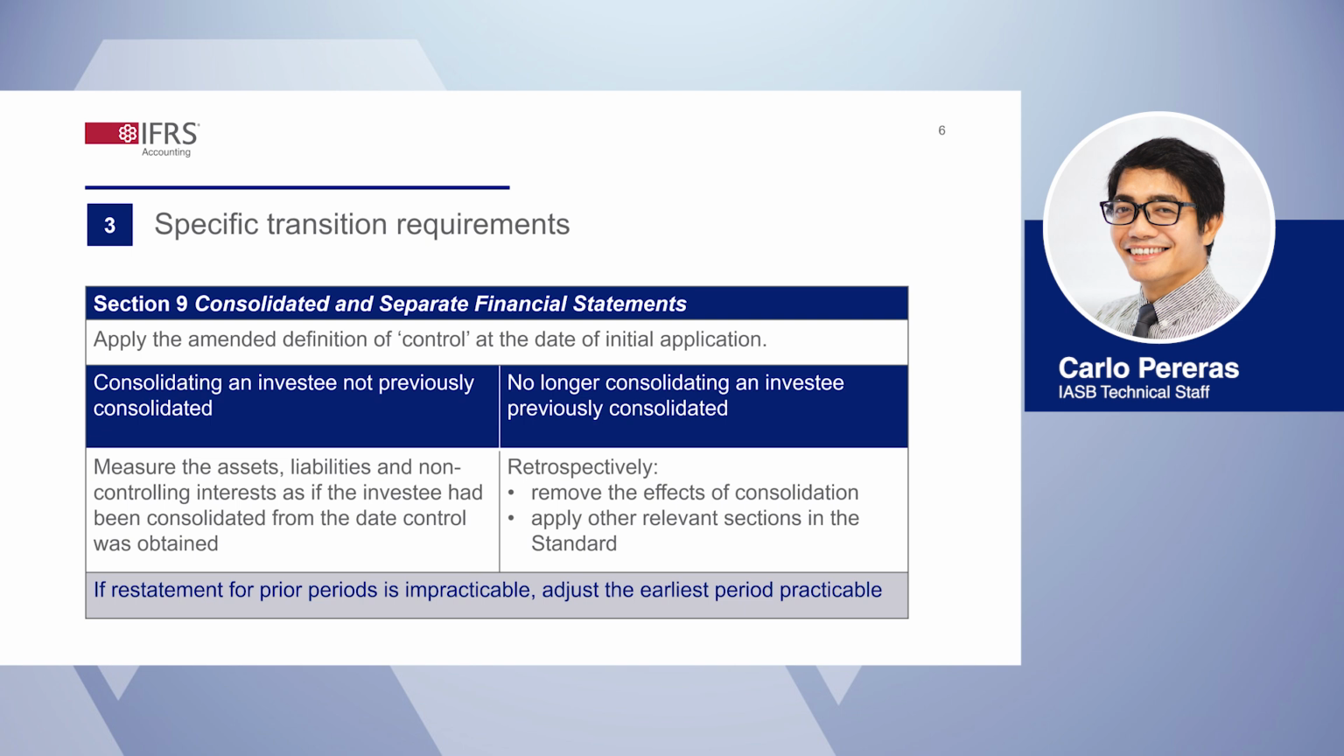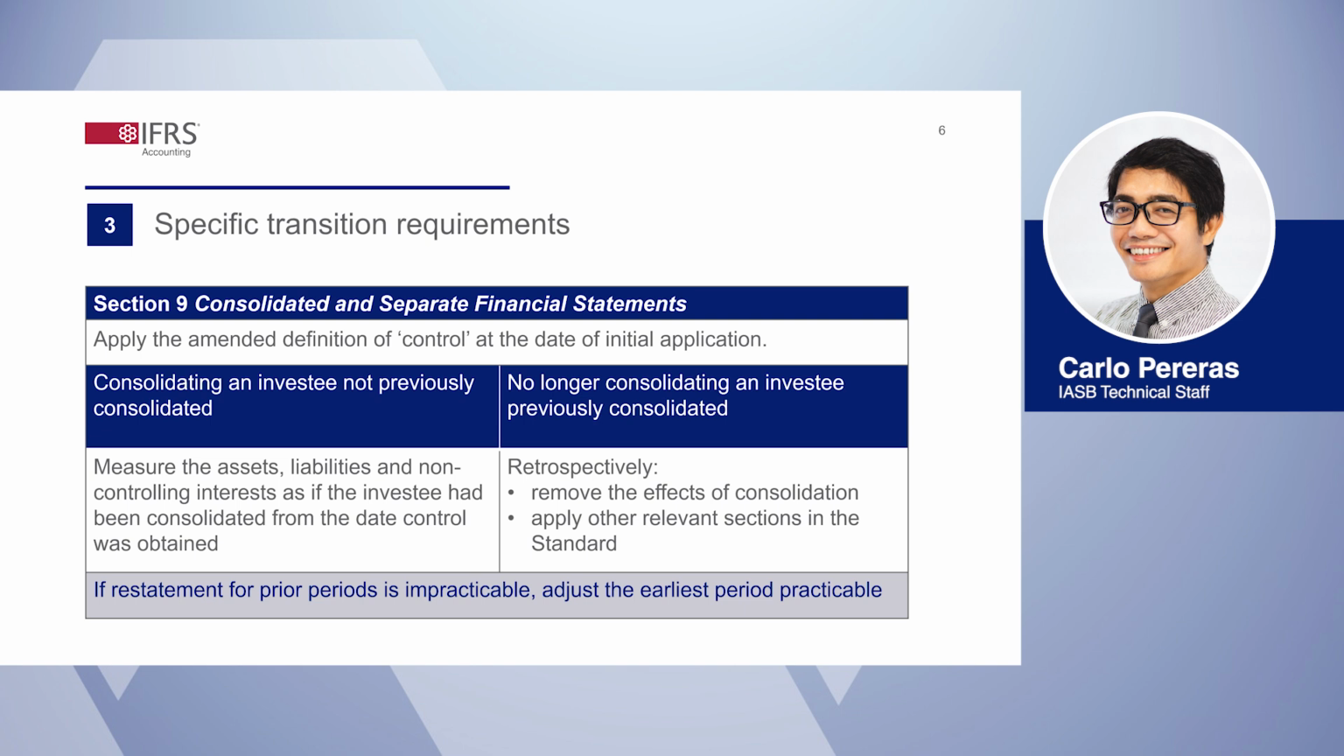Alternatively, an SME might determine that it doesn't need to consolidate an investee that it had previously consolidated. In that case, the SME measures its interest in the investee as if it never consolidated the investee and had instead applied other relevant sections of the standard. As a result, the SME would remove the effects of consolidation and then look to see what other sections of the standard apply. For example,